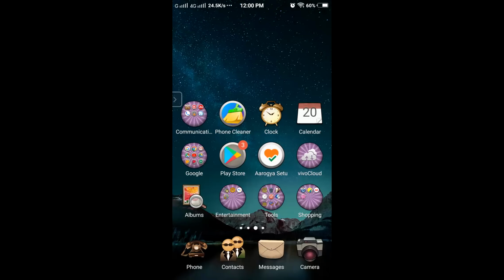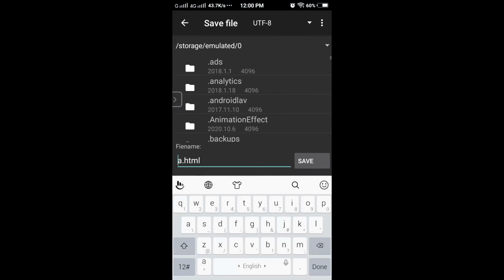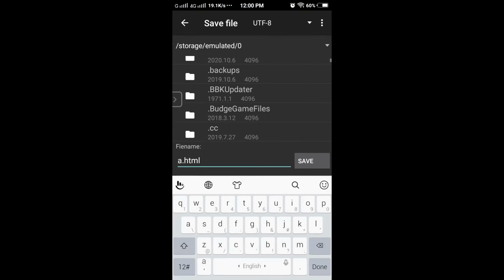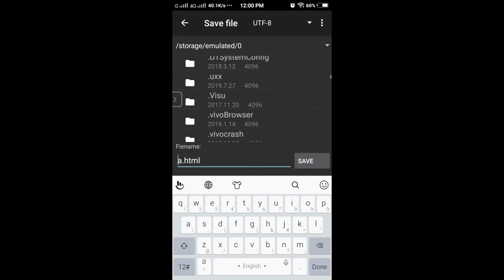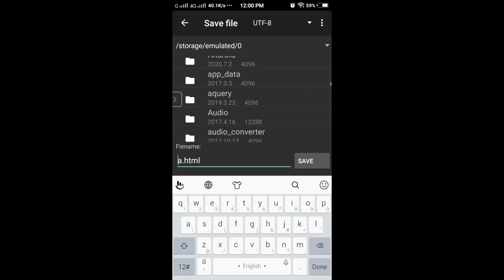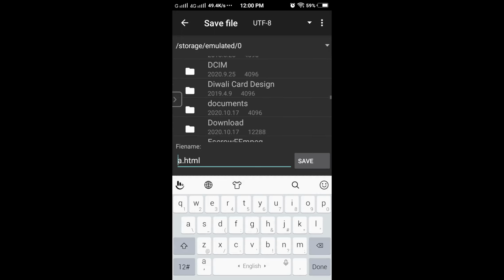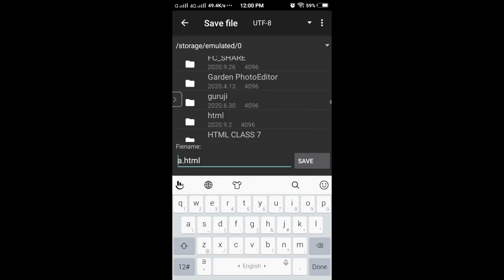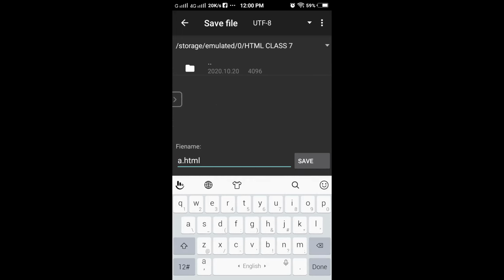We will go to save as and search for the file. First check where these folders are coming. So in phone storage I'll go to this and I'll search for the folder HTML class 7. See, here it is coming, HTML class 7. So I'll click on this folder and give a name to your file.